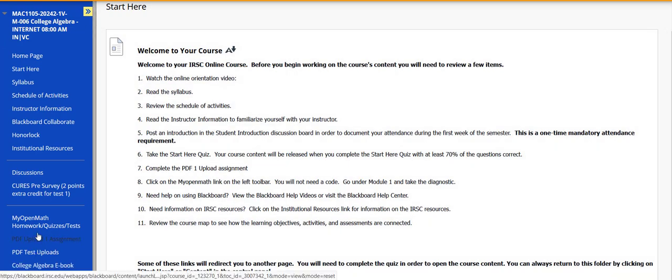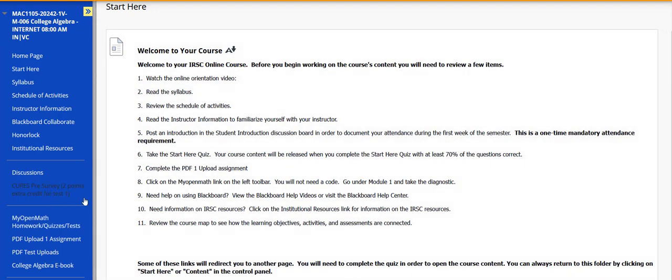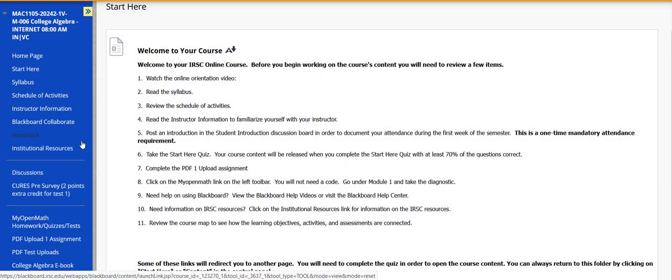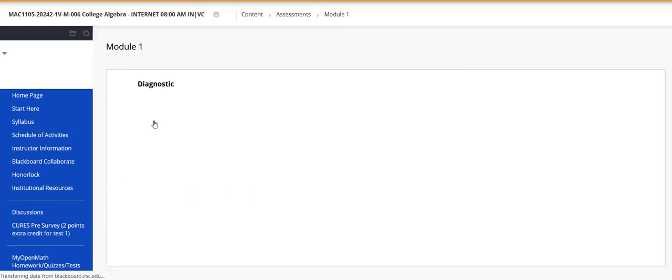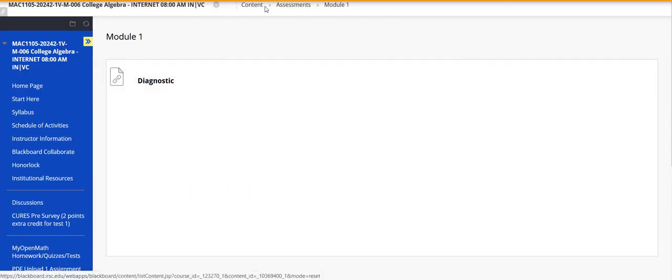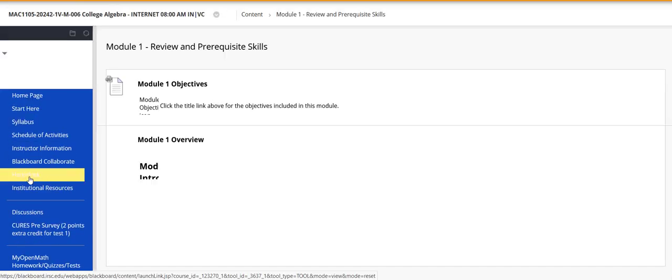Then you want to click on your My Open Math link on the left toolbar. This is your software. You don't need a code. This is free to you. And you'll go in there. I said go under Module 1 and take the diagnostic. Under the Module 1, also, there is more. So if we go under there, actually, that's all that's in that. The other Module 1, under your content, sorry about that. So go there,